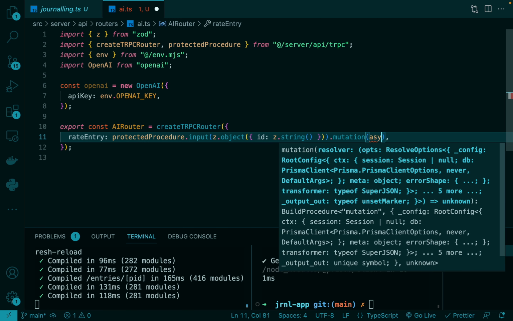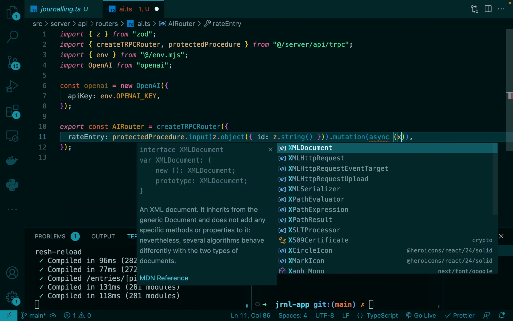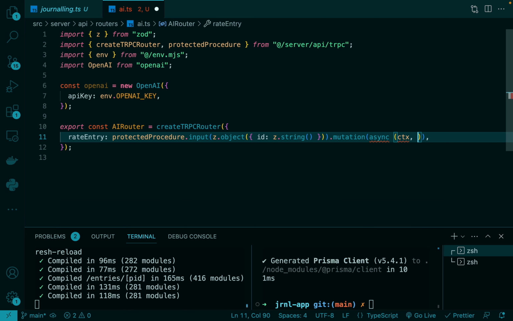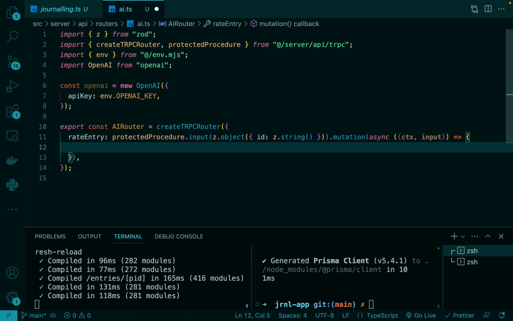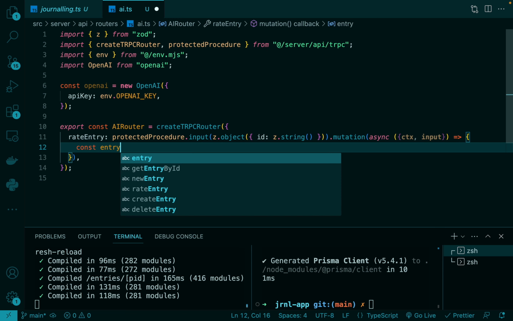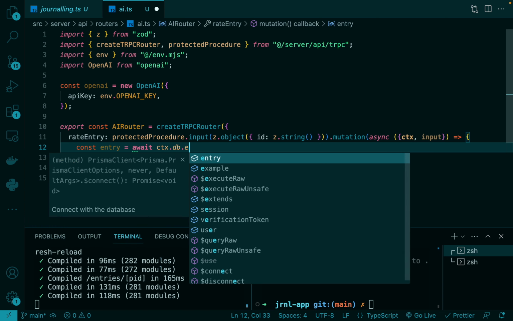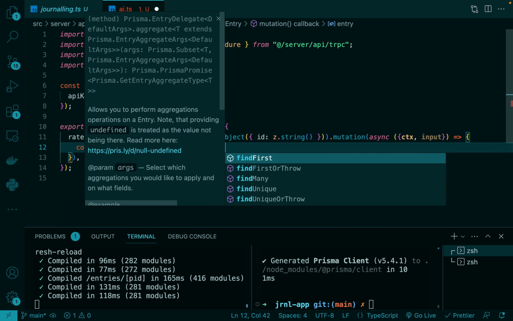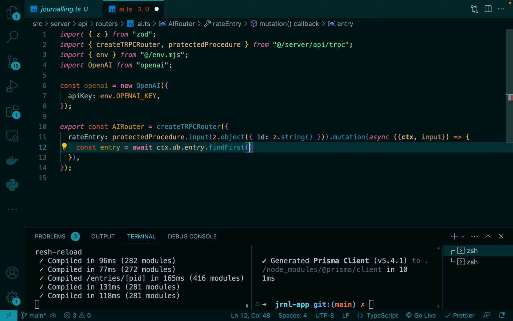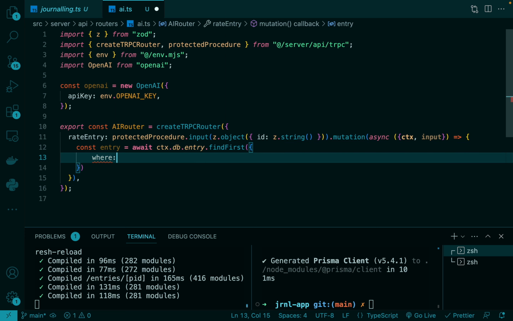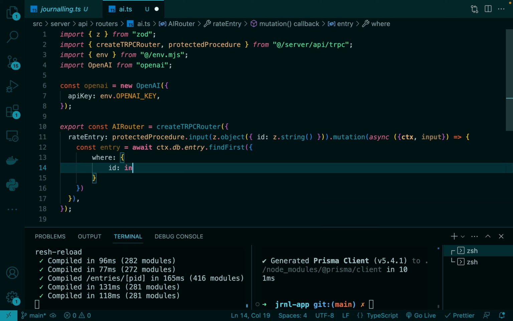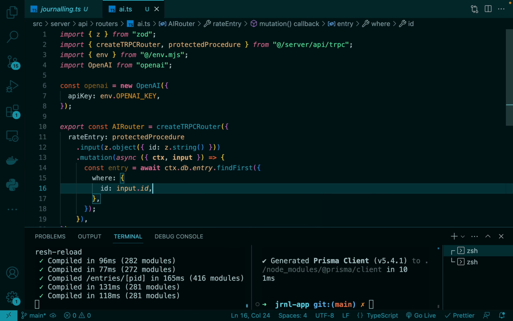async, and then ctx, and we need this in an object, ctx and input, and then we can go ahead and start writing it up. So first of all, we need to get the entry, so we'll say await ctx.db.entry.findFirst, and we'll say where id: input.id, like so,